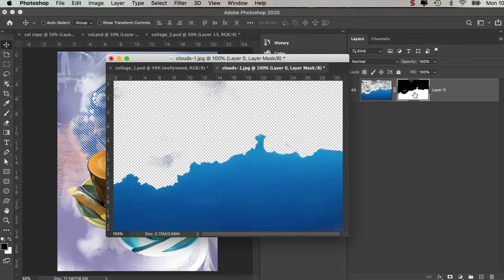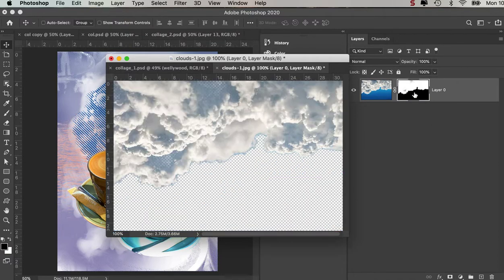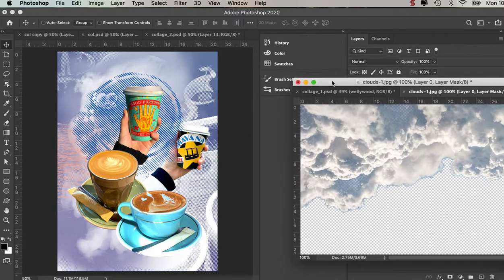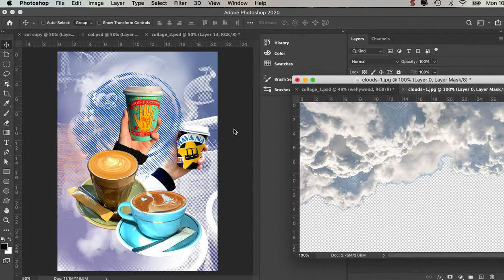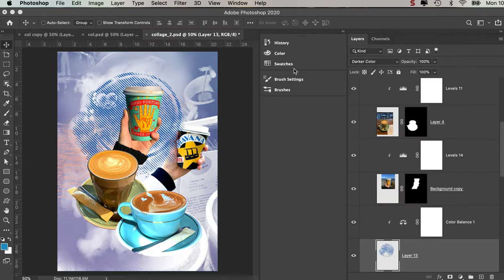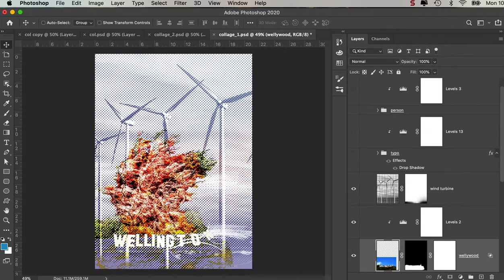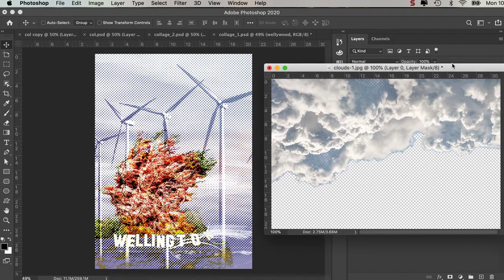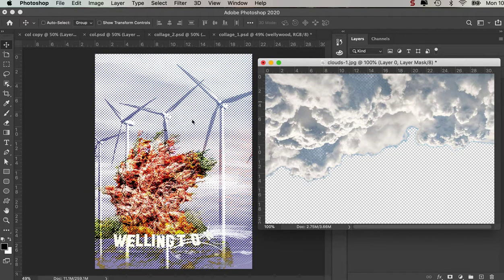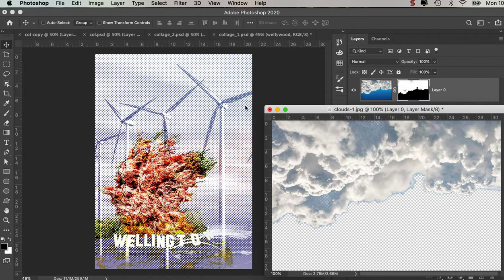It needs to be the other way around, so just click on the mask and I go Command I, and then I've got this. I can see there's a little bit of a blue halo, but I won't worry about that at the moment because I think it'll probably change it a wee bit. Okay, now that I've got this image,